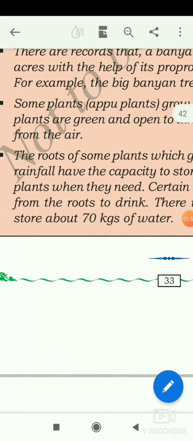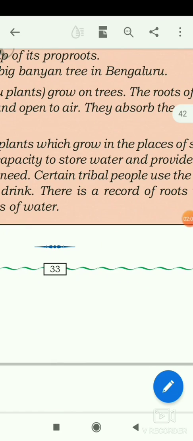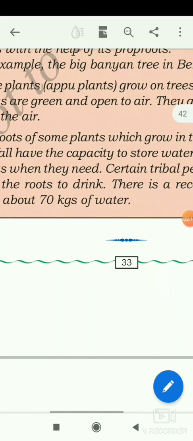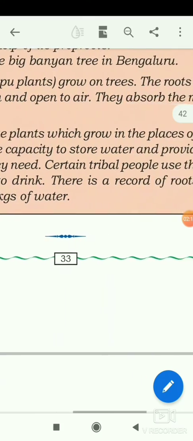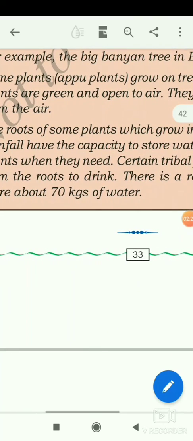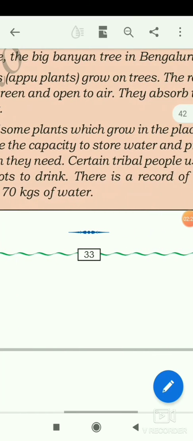Where rain is very little, the roots store water to provide to the plants when there is no rainfall. Certain tribal people use the water from these roots to drink. From those roots only they take out water for drinking. There is a record of roots which can store 70 kgs of water.